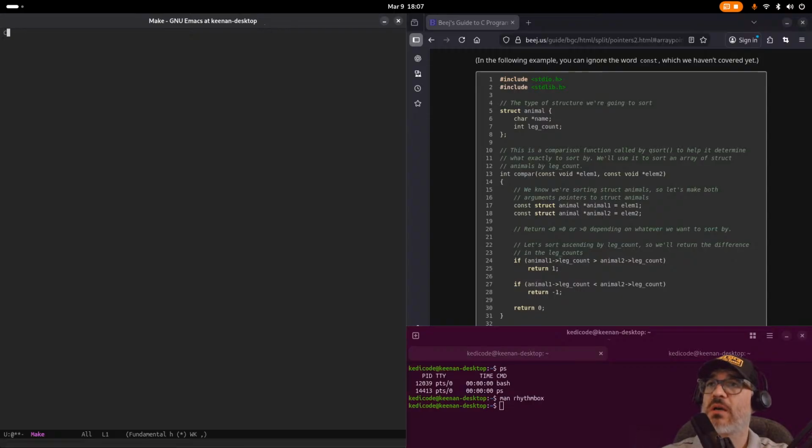we can say our C flags equal Wall, Wextra, pedantic, and -g, and that's and standard C89, right? And then we could say main